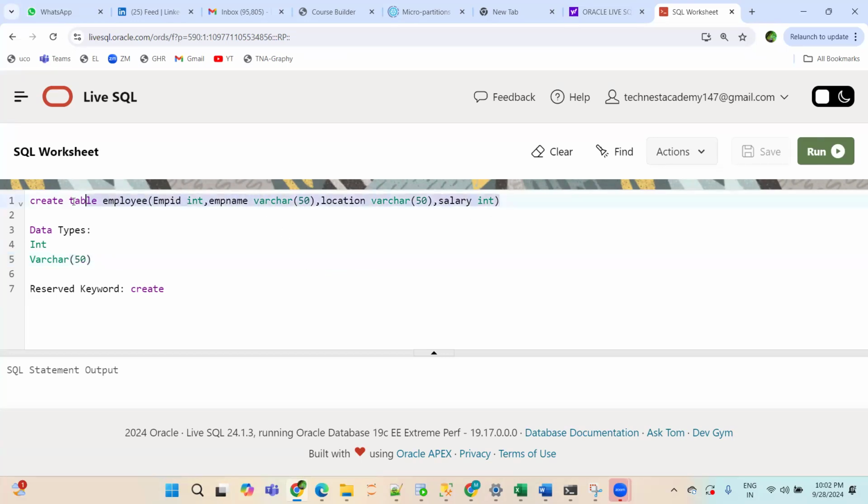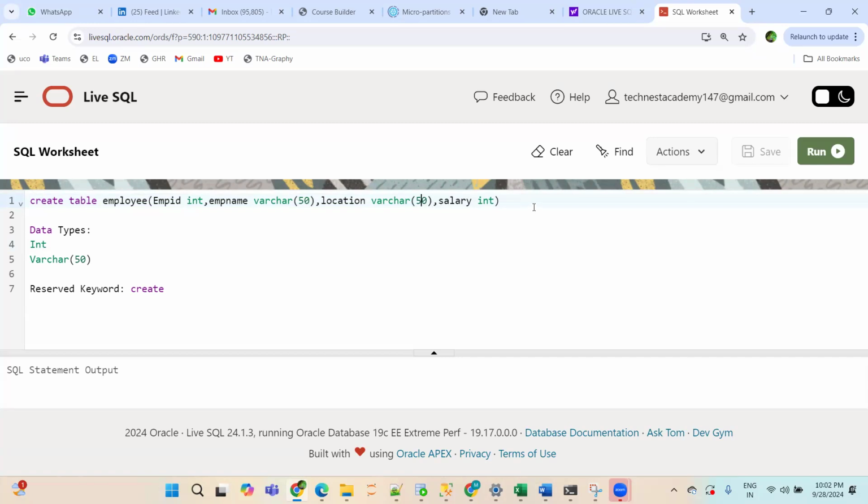So from this line number 1, do you have any question? Is this clear? Yes or no? Tanvi, varchar 50, we are not fixed. If we just give it empty, what will happen? It will throw an error message. If you just write varchar, it will throw an error message. I will show you that. So mandatory, you have to write something. Either you write 50, 60, or 10, anything, but you have to write something here. We need to fix some value. If you will not write any value, it will throw an error message. I will show you that.